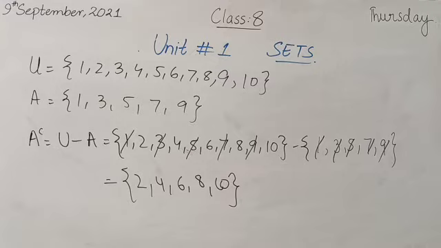In difference we have any two sets, and in complement we have a universal set and any other set. And what is a universal set? A set which contains all the possible elements of the set which is under consideration. You can see here we have universal set of counting numbers till 10, and we have set A which is the set of odd numbers less than 10. Now see some properties.